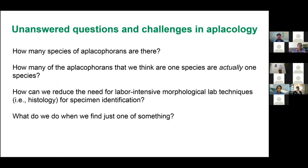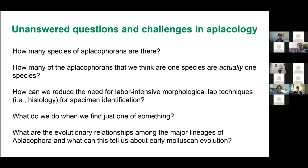So what do we do when we find just one of something? A lot of Aplacophorans are kind of like nudibranchs in that they're somewhat rare. They tend to be picky eaters, and we may just find one of the species. And so do we do histology? Do we do SEM? Do we do a DNA extraction and barcode it? And then finally, as I said, Aplacophorans are kind of in an important phylogenetic position. And so by studying their evolutionary history, I think that can help us better understand the early evolution of Mollusca